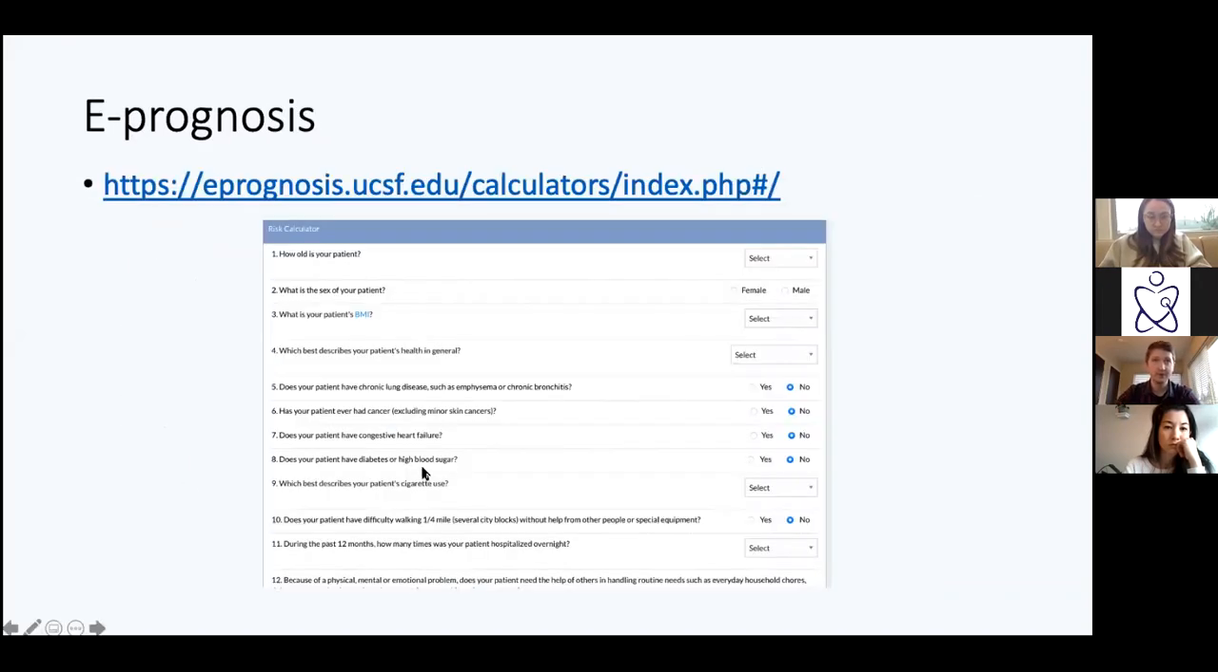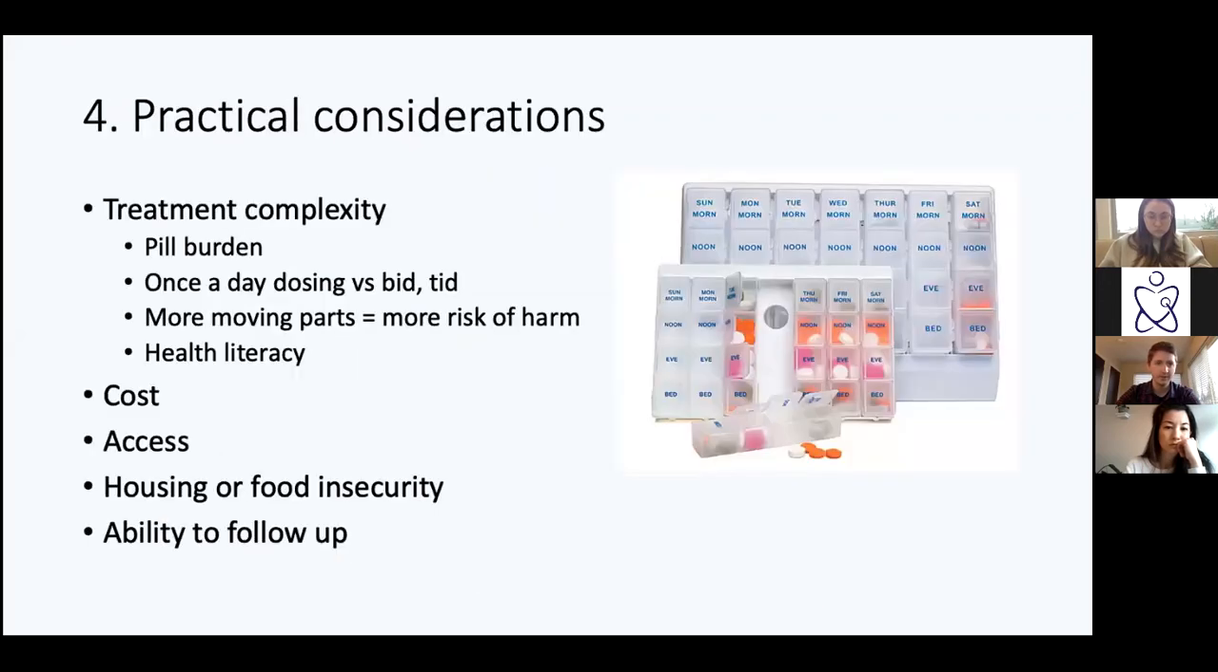Here's the ePrognosis website. You can just plug in some data. It's pretty helpful. It's developed by some palliative care doctors. And then think about the practical considerations of any given treatment. So anytime we add another pill, we're setting ourselves up for more challenges,